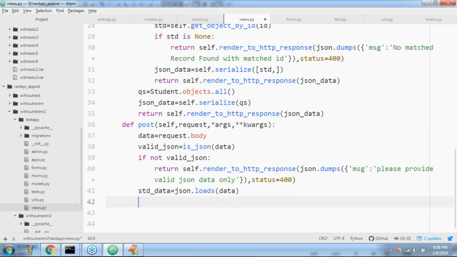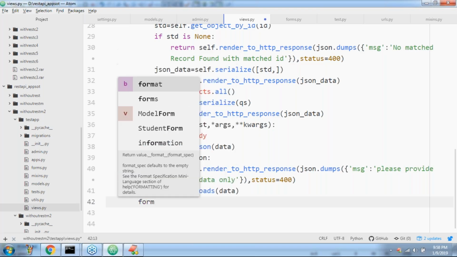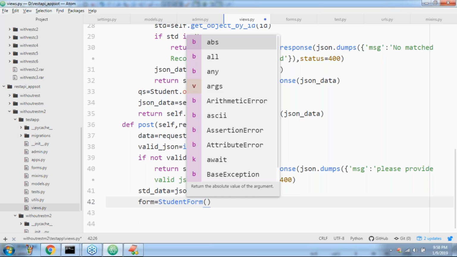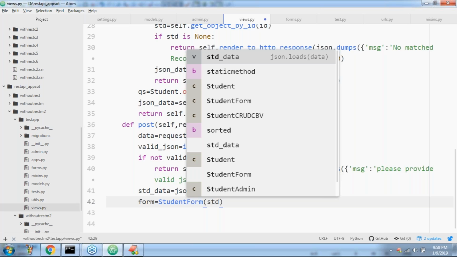With this student data, create a form object: form = StudentForm(student_data).